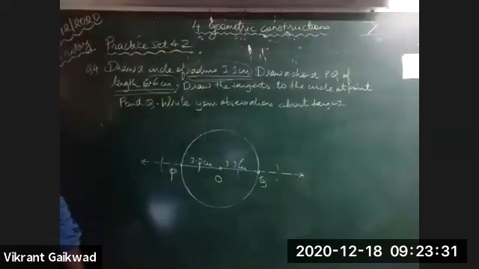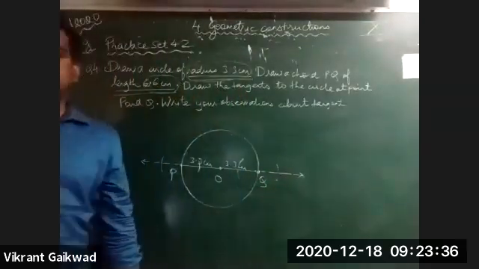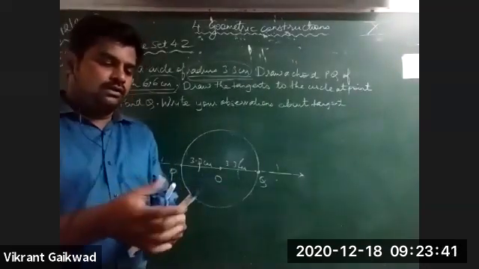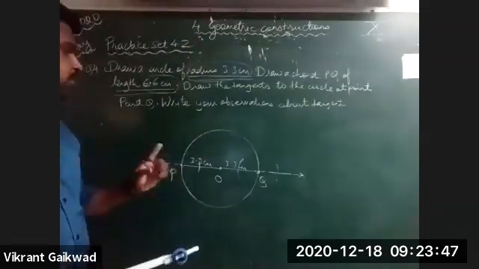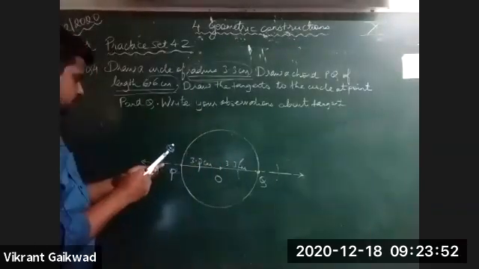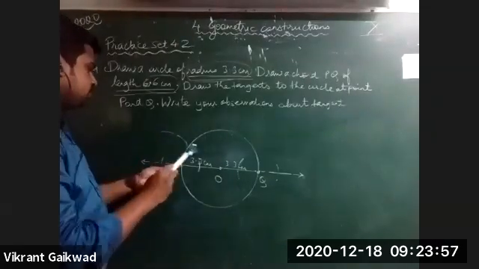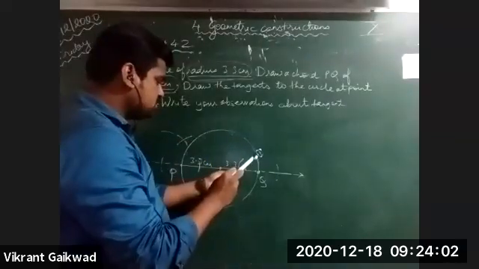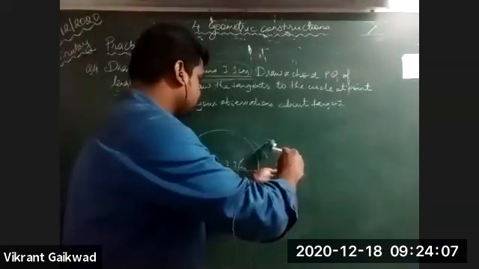Is this clear? After that, what will you do? You can increase the distance on your rounder. From the two arcs you have drawn from point P first, cut two more arcs above. Then, with the same distance, from the arcs you have drawn from point Q, cut two more arcs.